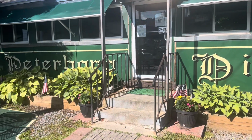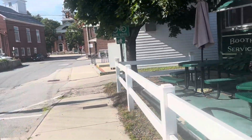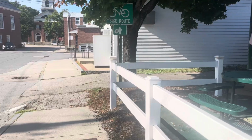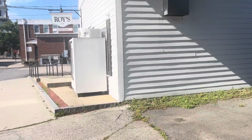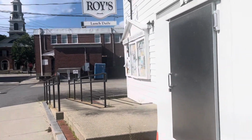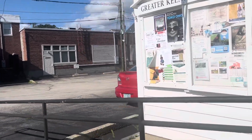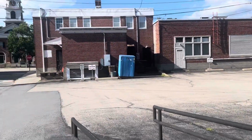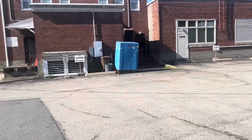Got a classic diner over here, and we'll kind of work our way back up and around. It is very hot now. It was nice before. I think part of the reason it was nicer before too is because we were on the river. Now we are not on the river, we're just inland, and it is warm, warm, warm. But this is a really, really darling